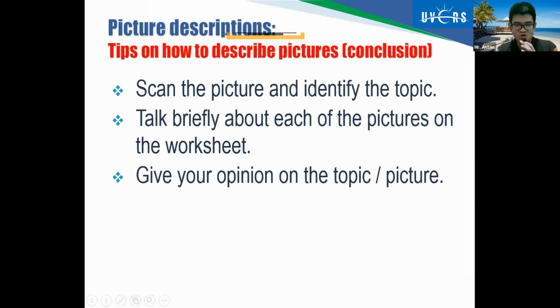Okay, for this there are 3 steps here. So maybe most of you likes to practice maybe. So it's okay. There are 3 steps here. The first, you scan the picture. You should have the picture before you describe. The second, you need to speak it out. The third one, you give the opinion. Okay, that's all what I want to inform.